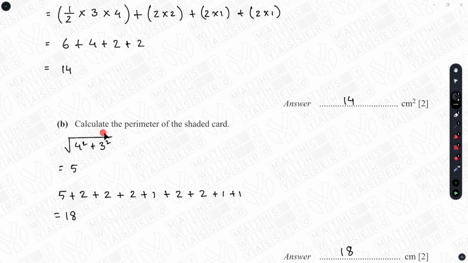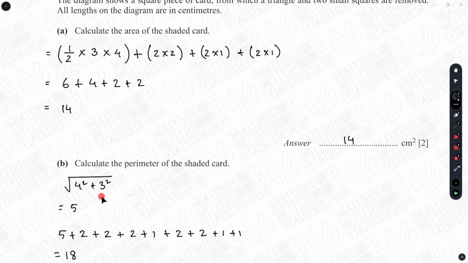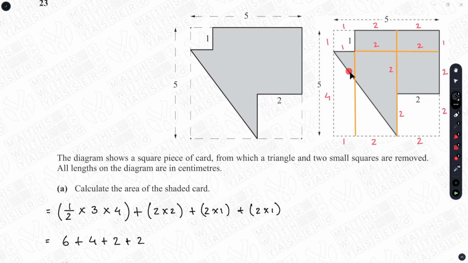Then it says, calculate the perimeter of the shaded card. So for that, first we need to just find this length, and then we can simply keep on adding these outlines to find the value of the perimeter. So this length is